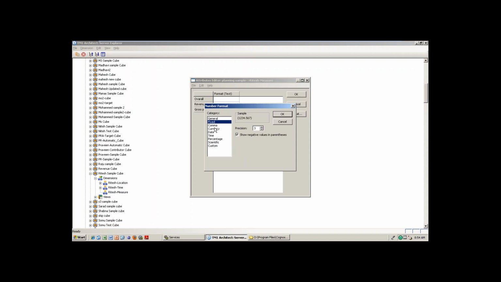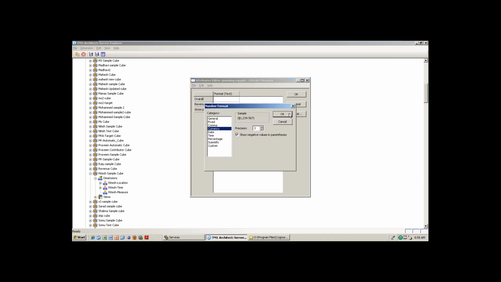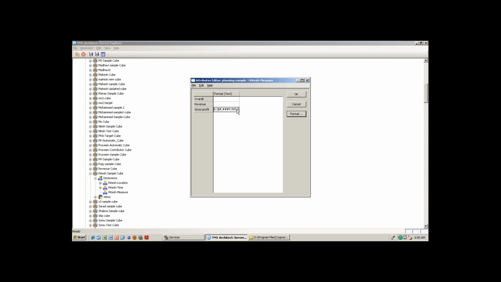So I am using fixed, or comma separated, or general. This is the currency, so I want the dollar symbol. I am setting precision to 3 and clicking OK. See, it will generate its own code. You don't need to worry about that, because you are doing it manually here, it will generate its own understandable format.